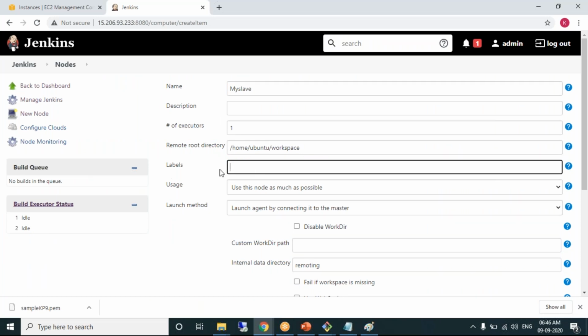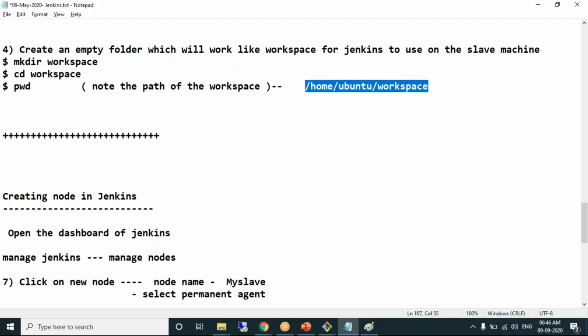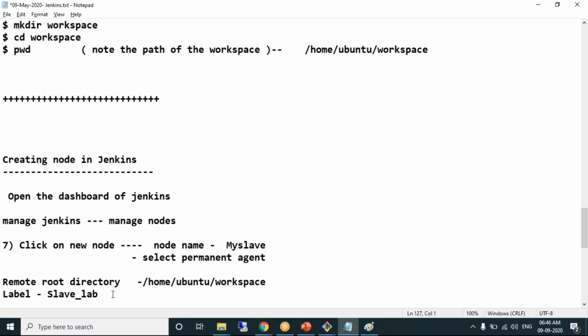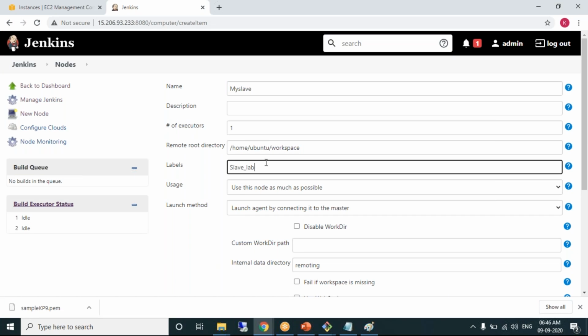Name of the node is different, label of the node is different. Label is something like an alternate name which will be displayed. So for our understanding, the name of the label, I write it as slave, as it is a slave. Label is ending with lab, just for our understanding.